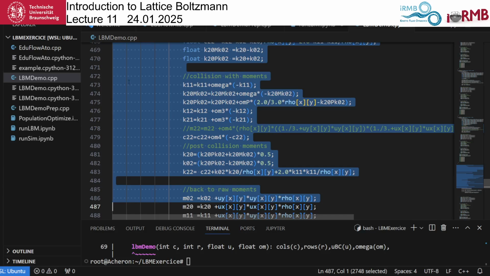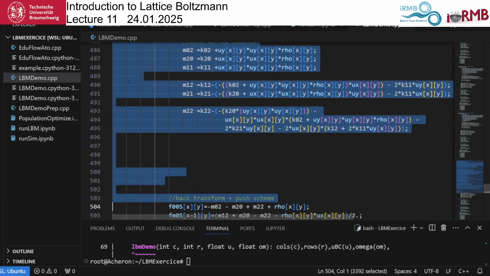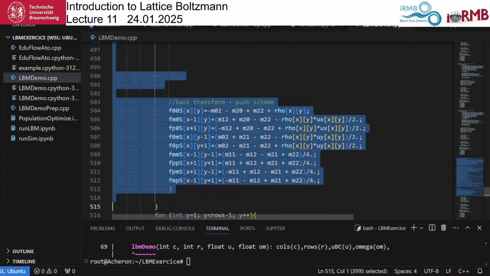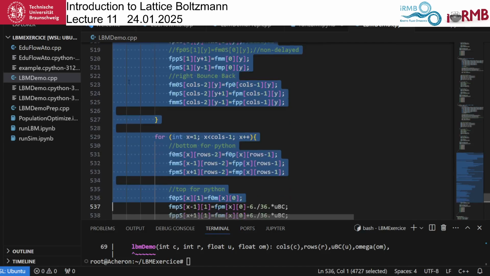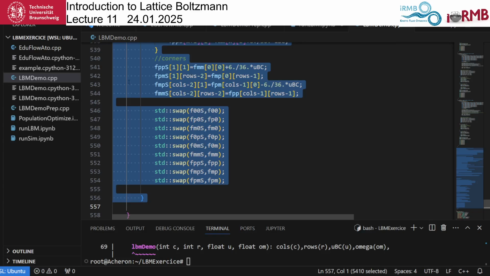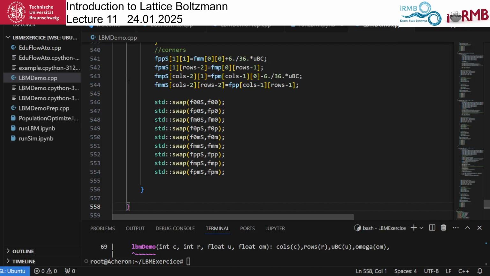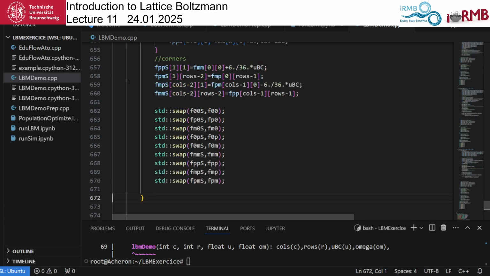Not everybody is joining in, but whatever. So we'll take the entire stuff here with all its boundary conditions. Okay, this is not the way you should write code. See, we have so many doublings in here. Okay, so copy this